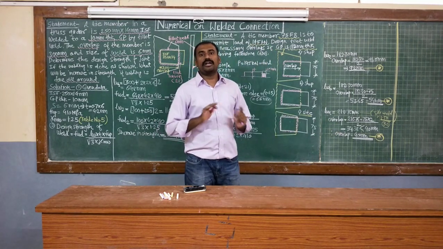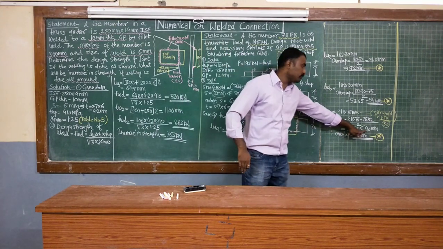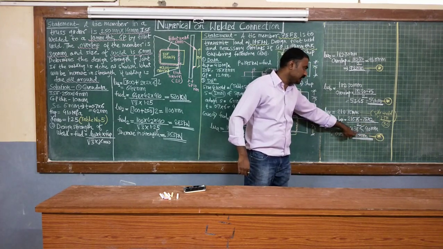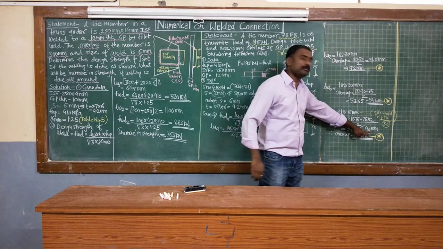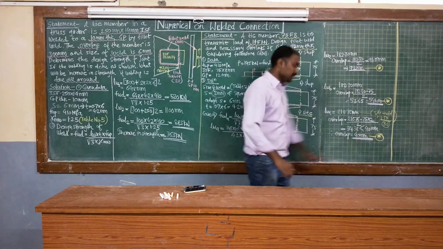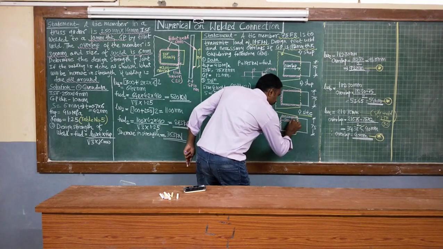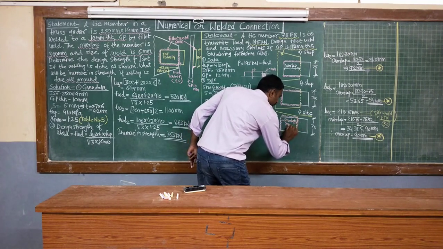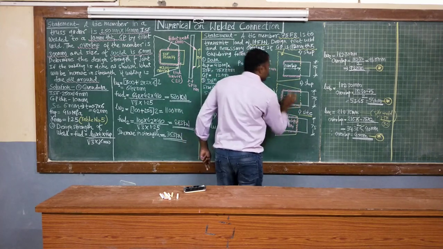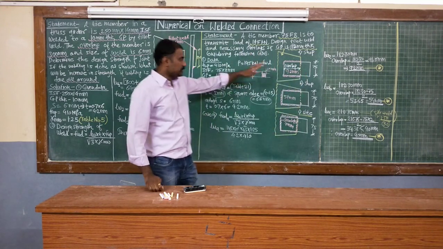But your IS code does not allow minimum overlap less than 40 mm. Correct? So as your overlap here is less than 40, minimum value of 40 is to be provided. So we will not go with this overlap of 34.38. You need to provide it as 40 mm. So therefore overlap for third condition will be equal to 40 mm. So this particular overlap is now 40 mm. For second case it was 54 mm. And for first case it was 92 mm. So here this problem is completed.